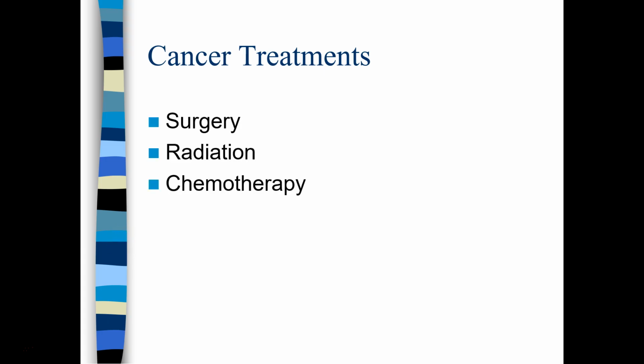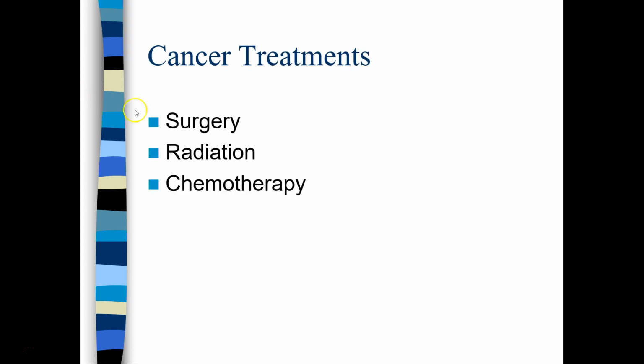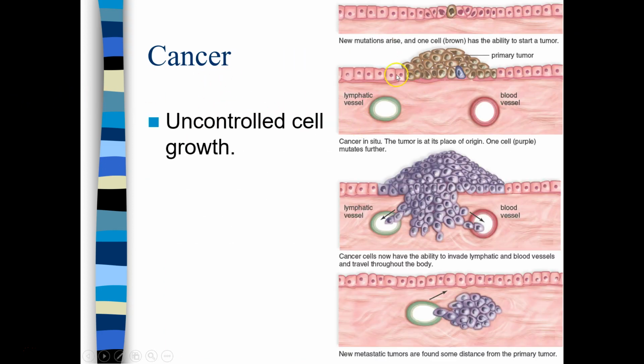So there are 3 main types of cancer treatment: surgery, radiation, and chemotherapy. There's never one single option that is correct in all situations. And again, I should always reiterate, this isn't medical advice. Please see a doctor for any medical decisions. But we're going to look at surgery. Surgery is a great option in the early stages when it's a solid tumor.